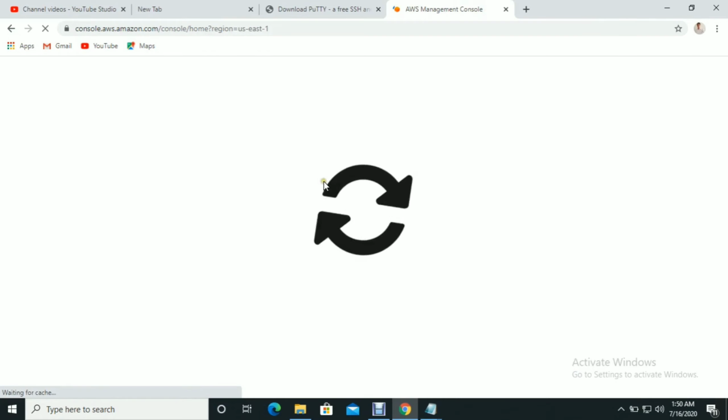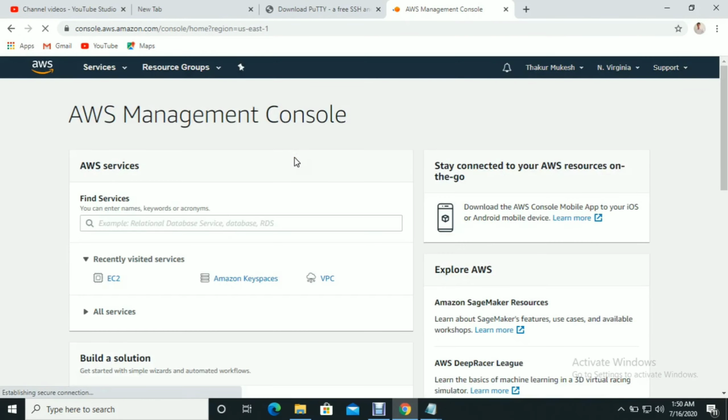Now you can see once I give the password, my console is logging in. Now my console has come, and once you log into your console, it looks like this the first time. You can customize it as per your requirement. In this video, I'm going to create my EC2 instance.